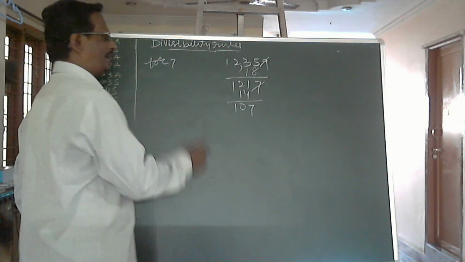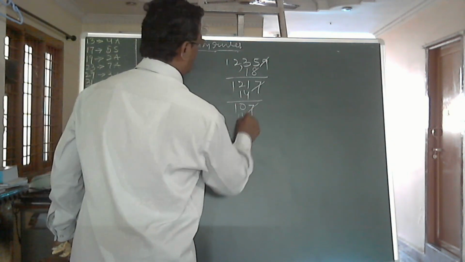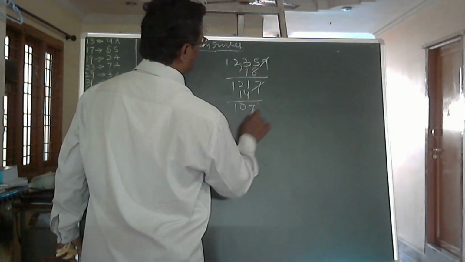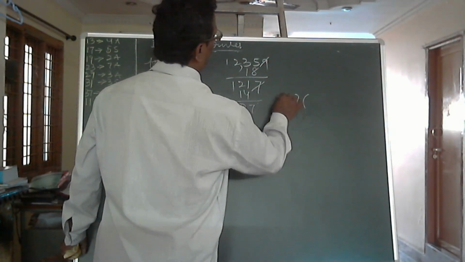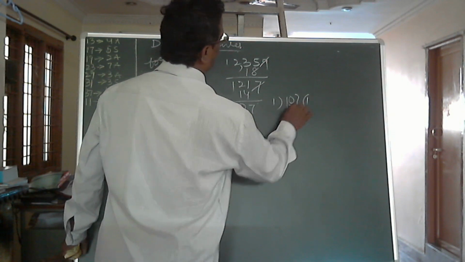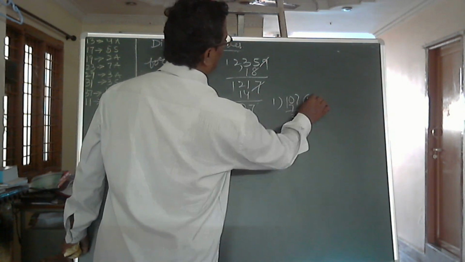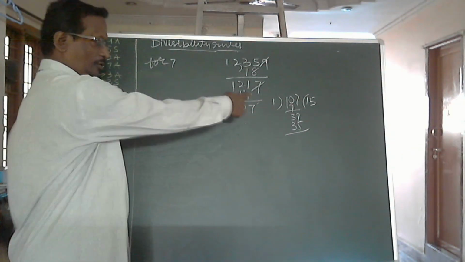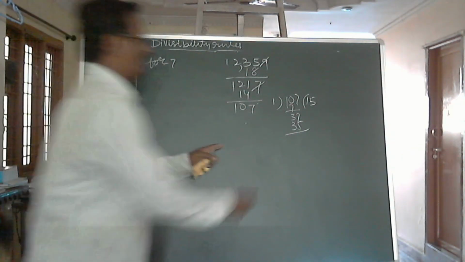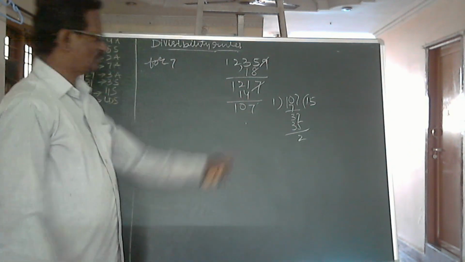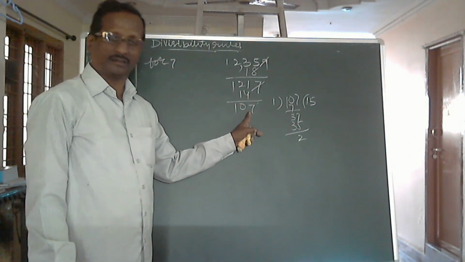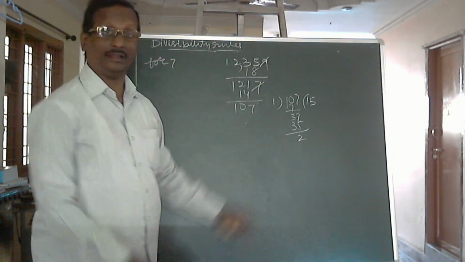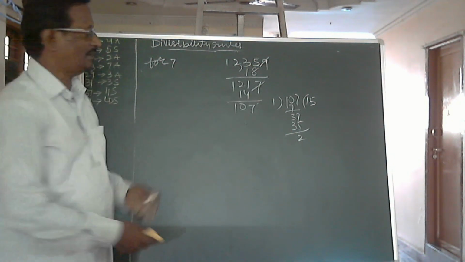If you know it, okay. Otherwise, cut this 7 and subtract 14. Subtract 14, it's not possible. So 107. 1 time 7, 37, 5 sevens, 35. If you know orally, okay. Otherwise, do like this. Here on dividing, we are getting remainder 2. Therefore, this 107 is not divisible by 7. Therefore, the number 12,359 is also not divisible by 7.